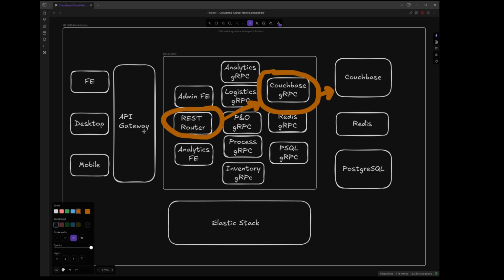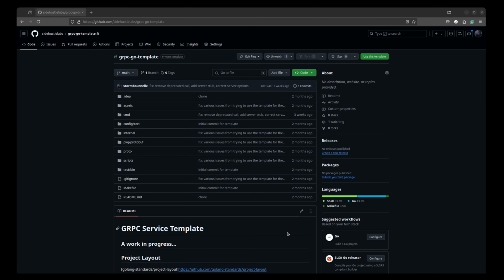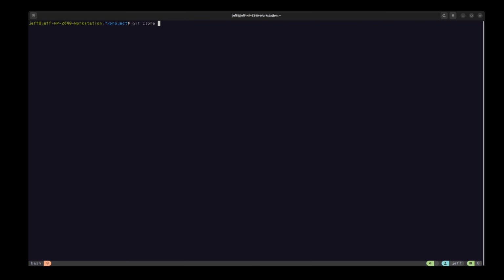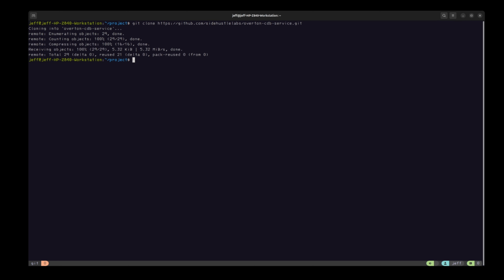And that's of course, a REST router that we'll be able to call into one of these services, and then a front end application as well. We're going to use our gRPC Go template that we built out in episode 4. So we'll create a repository out of that template. We will clone that into a project here on the machine,